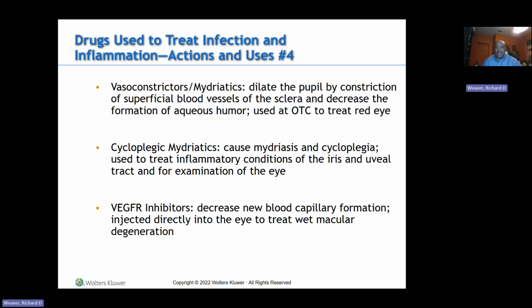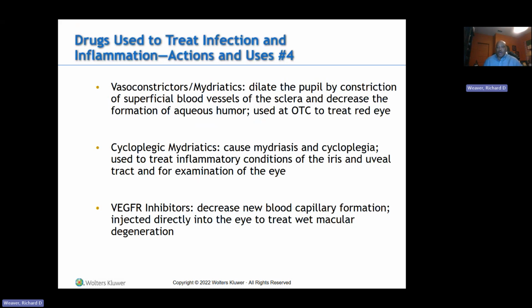Now, there's also vascular endothelial growth factor receptor, or VEGFR, inhibitors. Some patients have what is called wet macular degeneration. It is an age related vision loss that occurs over a period of time. The vision change starts with distortion of vision, which leads to blurring and may present as visual hallucinations. Now, currently, there is no treatment to prevent this condition,